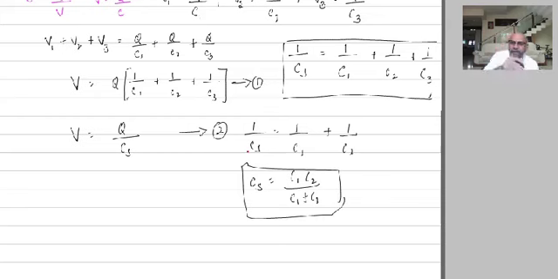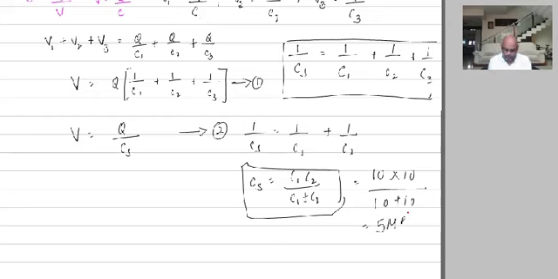As I told you in the previous example, if there are two capacitors 10 and 10, when they are connected in series, you will get 5. Just check this: C1 is 10, C2 is also 10, divided by 10 plus 10. What is 10 into 10? 100. 100 divided by 20 is equal to 5. That is 5 microfarads. So 10 and 10 when connected in series, you will get 5. That is 10 into 10 divided by 10 plus 10. That is how, if you connect the capacitors in series, this is the effective capacity.